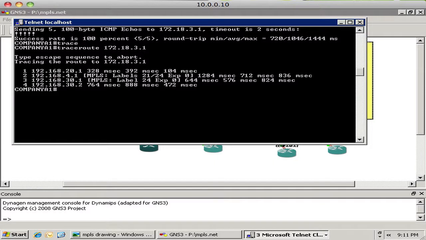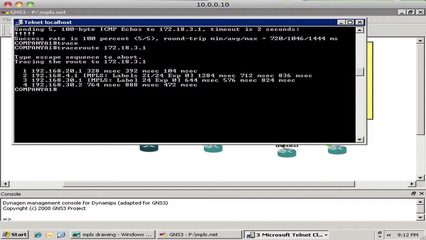So you can see here that the first hop again has no label. The second hop has an MPLS label. The third MPLS hop, actually you can see where they are taking that 24 label in and actually pulling it off. Their penultimate hop popping it. And then it actually goes through and hits that third router, and then you don't see any more tracing, because